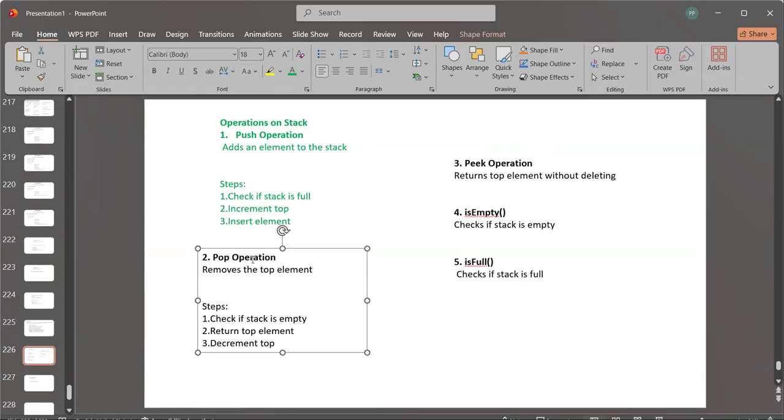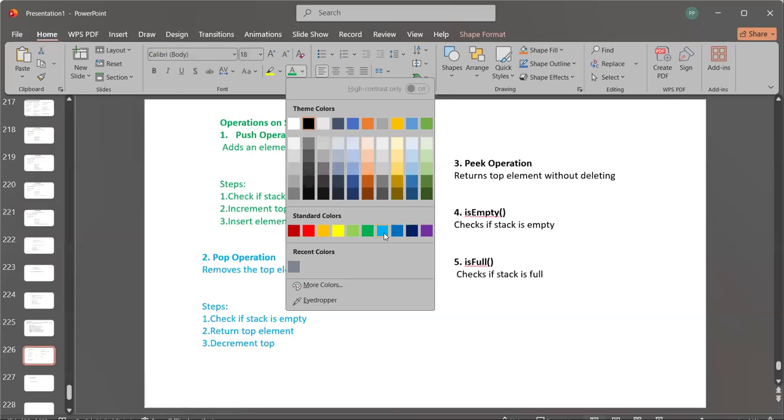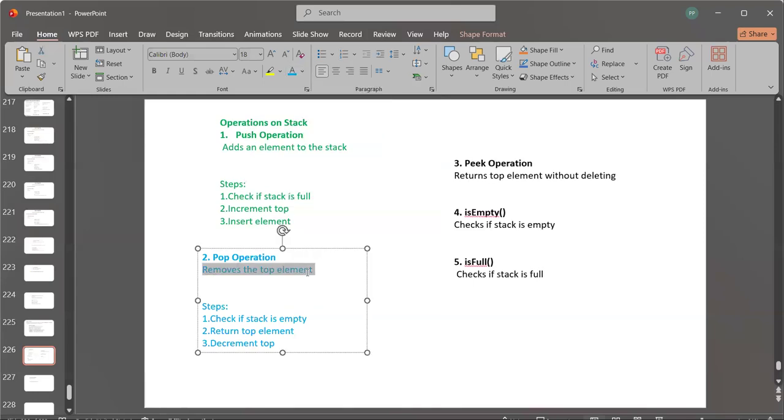Now next we have to do pop. Pop says removing the top element. Top element को मुझे remove करना है. ठीक है? As I told you already, we have only one end. So we want to remove the top. How can we remove the top? With the help of the pop operation. We have to check whether the stack is empty or not. पहले हमें check करना पड़ेगा element है भी कि नहीं stack में. If there is no element, then what will I delete? We can't delete anything. So check if the stack is empty, then return the top element, and decrease the top. We have to decrease, which means top minus minus we will do.